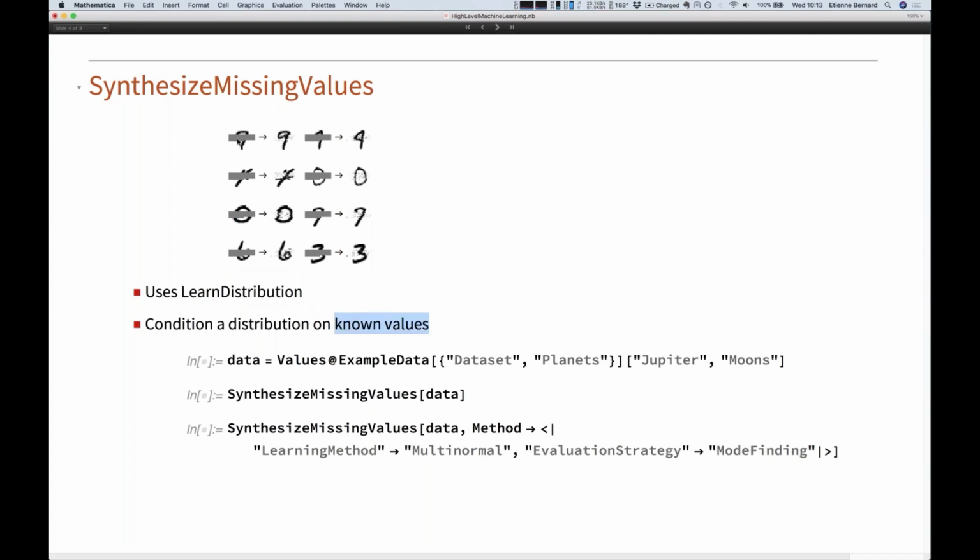We can infer what is the most likely unknown value, or we can sample the unknown value given the known values. So it's really purely about conditioning a distribution that we learn. So that's a nice application that we have with learned distribution.